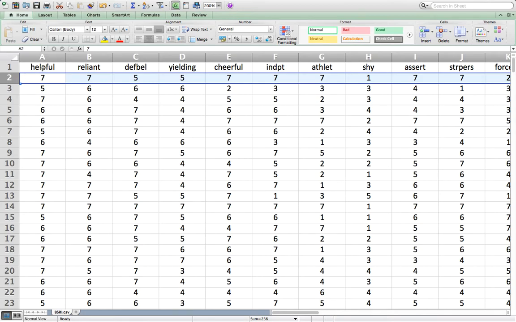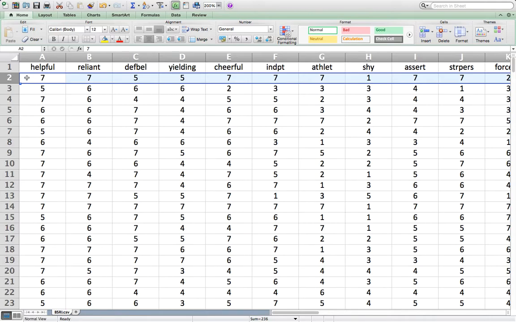But there was a question about how helpful the person is, and they gave responses on a Likert scale from 1 to 7, where 1 means never or almost never true of the person, and 7 means always or almost always true of the person.